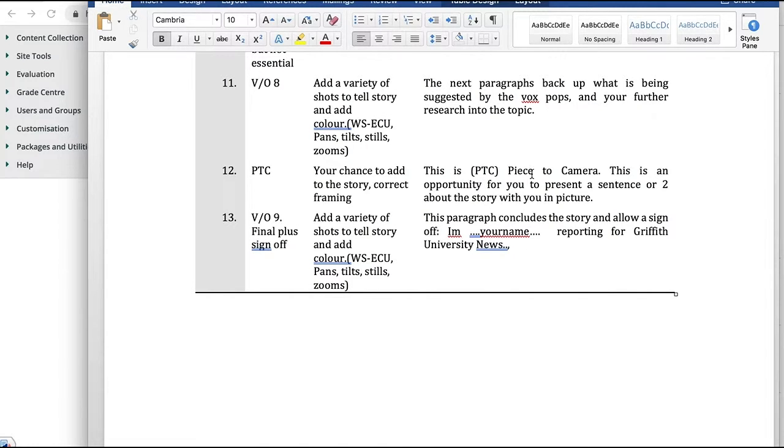Okay, this is a piece to camera, PTC, and we'll be talking about that in a second. It's a piece to camera. This is an opportunity for you to present a sentence or two about the story with you in the picture. Now, this is a very important part of news production. If you've been doing the readings, you'll understand that celebrity is part of the news as well, okay? Even news stations need you to watch their news because that's where the most advertising revenue is. So if they can see that you're a good presenter and you're doing your job well, you become part of